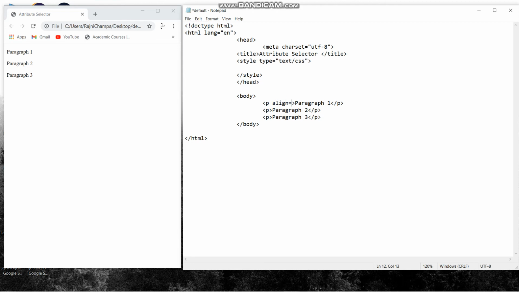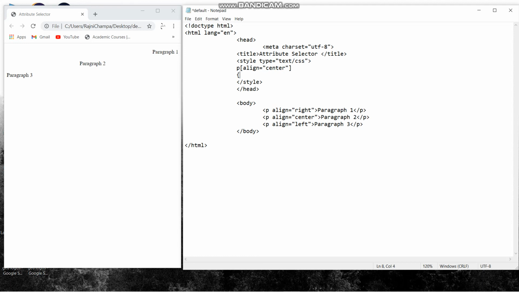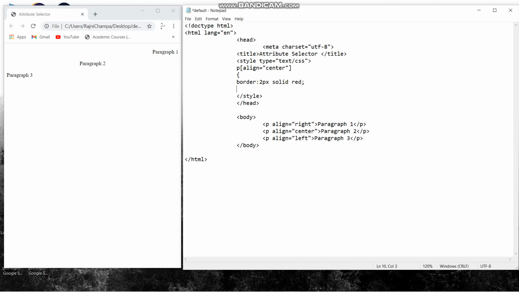Inside the paragraph tag, I am going to give an attribute that is align equals right. Similarly, I am going to give it inside paragraph 2 and 3, and just edit the values, that is align center, left, right, center and left. Inside the style tag, I am going to write p, square brackets, align equals center within double inverted commas, and close the square bracket. Then curly braces start. What I am going to give is border: 2px solid red. Simple. File, save, go to browser, run. You can see